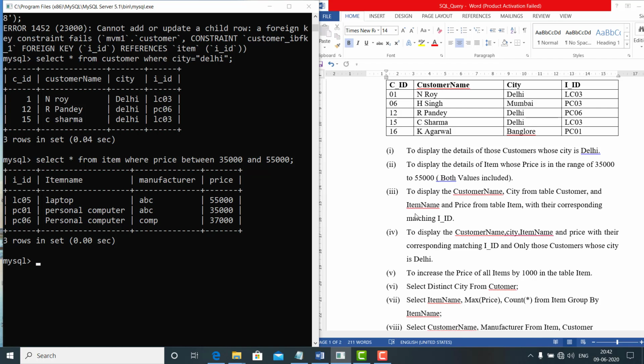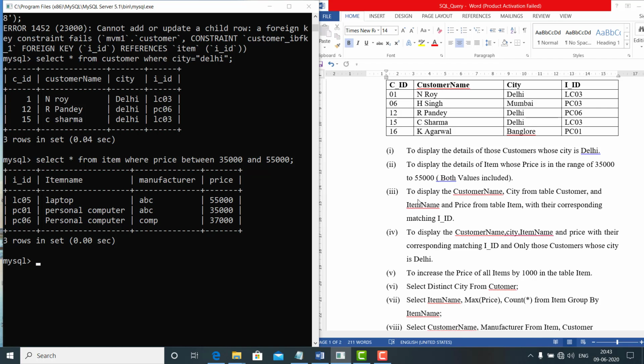Now we will perform the next query, and in this query we will use the join operation, because the records are accessed from both tables. First, understand the query.